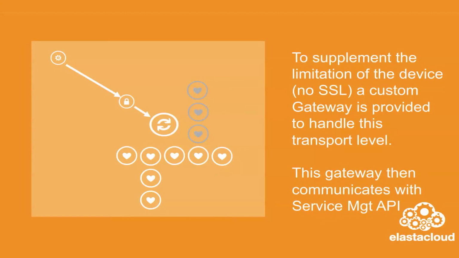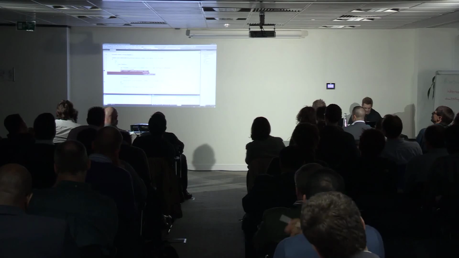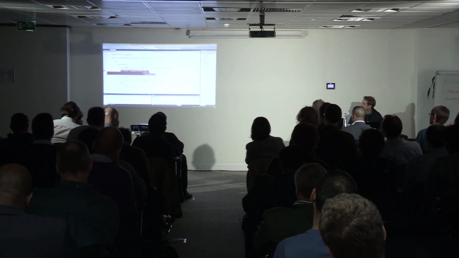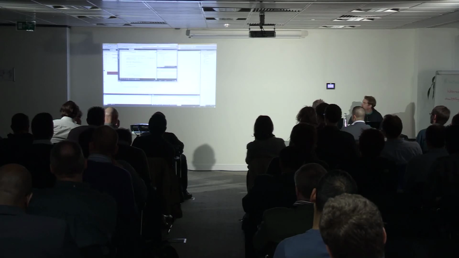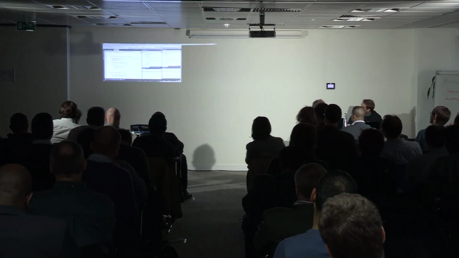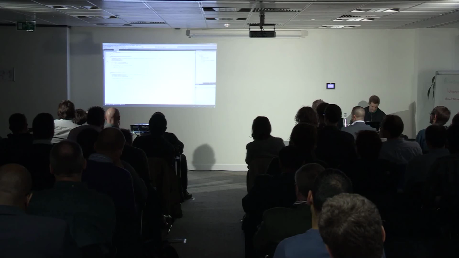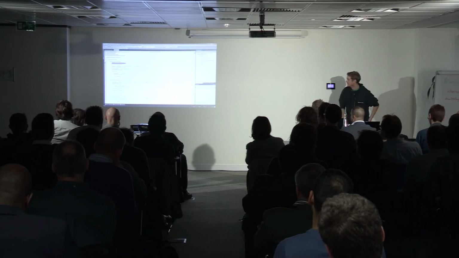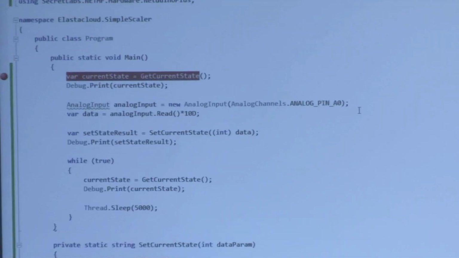So, let's go to, actually, I'll just do this. Simple scaler over here. Okay, so it's the world's simplest demo, luckily, for everyone involved. And what it does is